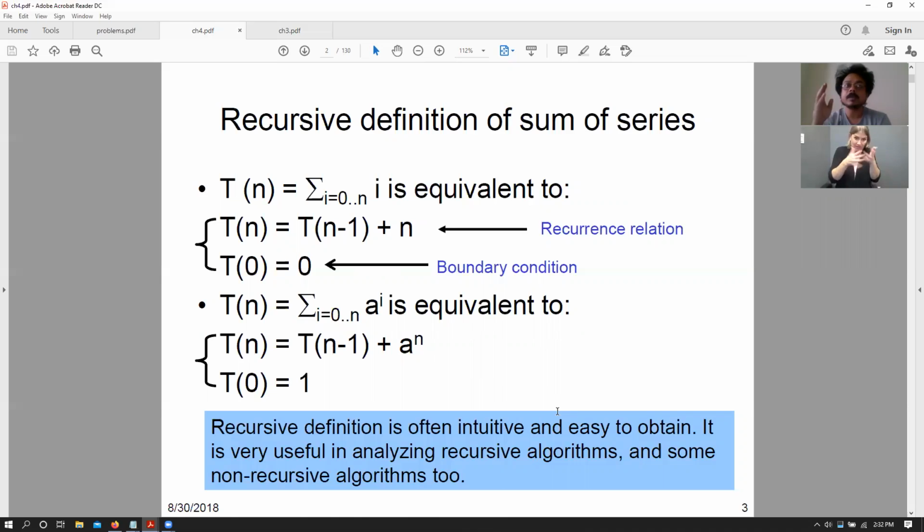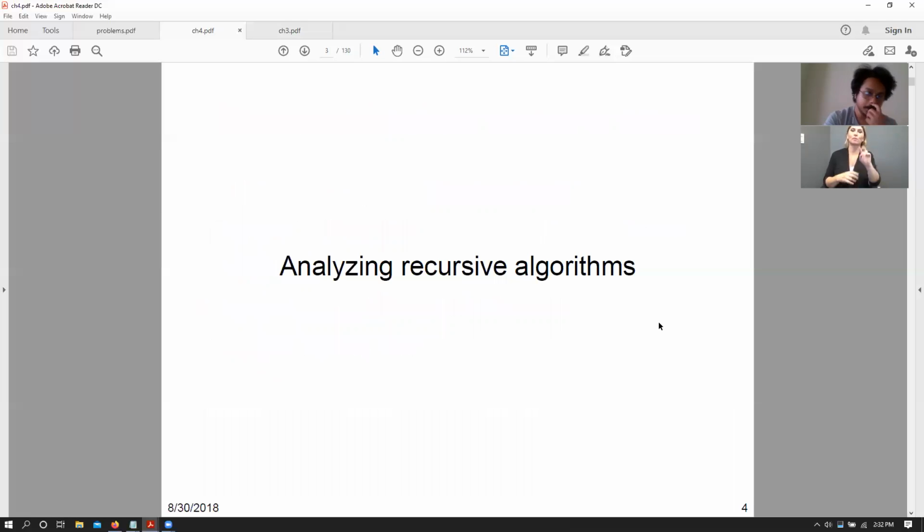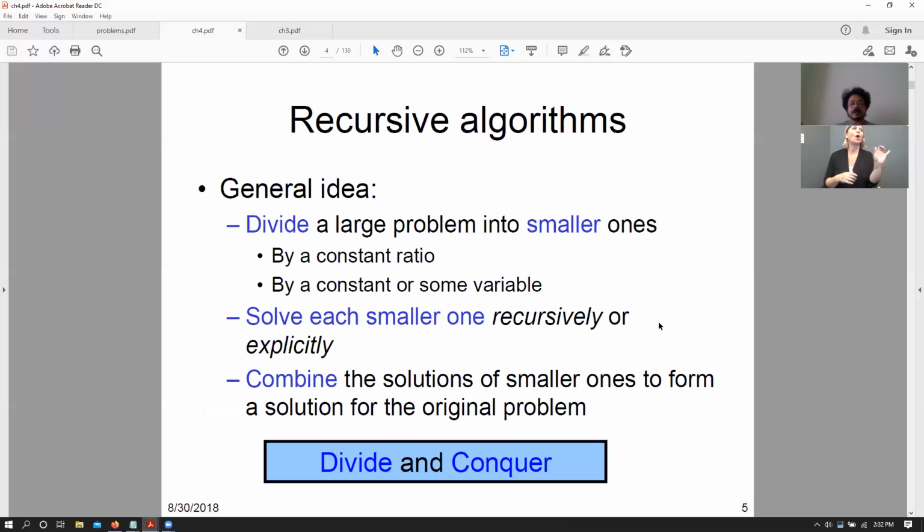As we saw, any iterative function can be represented as a recurrence relation and vice versa as well, right? That also applies to our recursive functions as well. Okay, so now that we have these recursive functions, we now need some more tools in order to figure out and analyze the complexity of our algorithm.